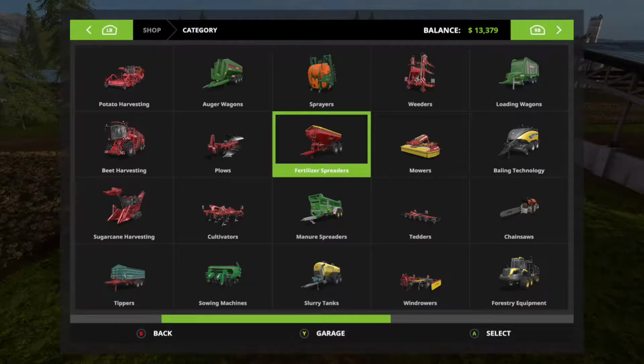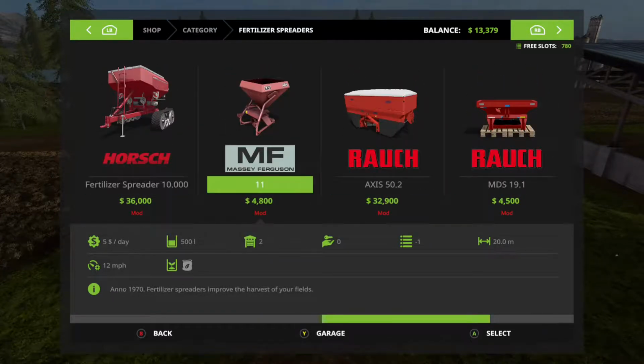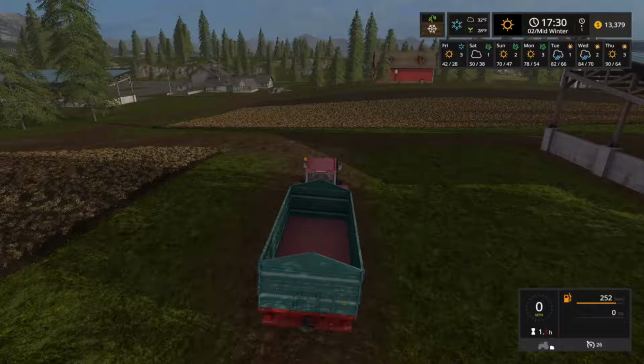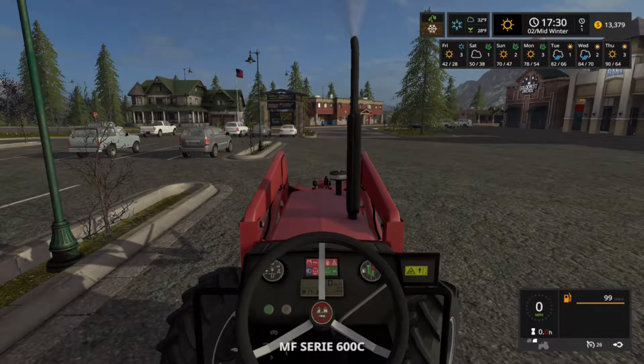Right here, maybe? I think it is. Yeah. Okay. Right here is $4,800. I got it 20% off, which was $3,840. Now, if I was to actually head down to the shop, oh no, let's touch that and disconnect that,